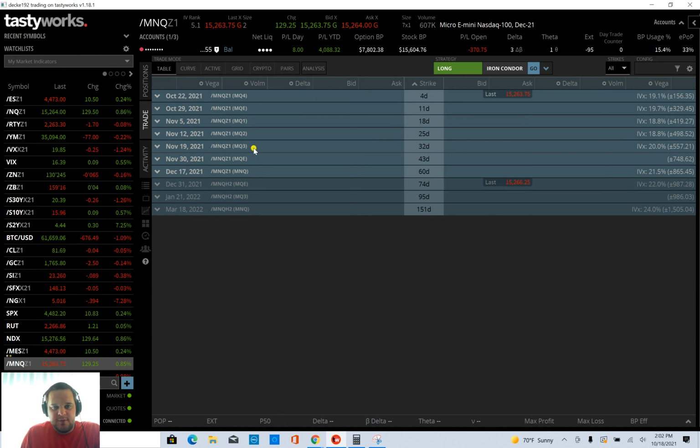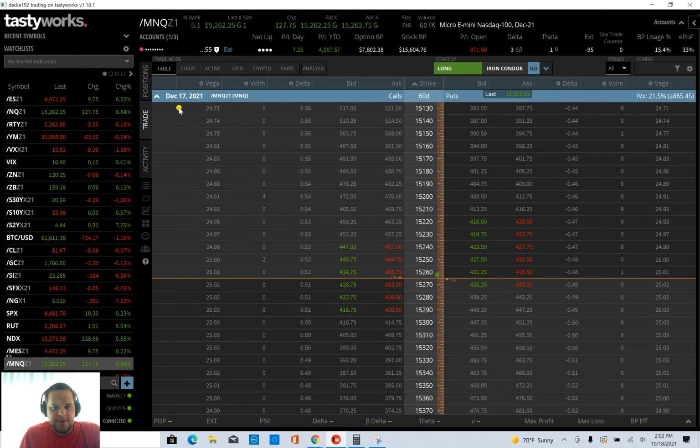So in here, it's a little bit different than stocks. If you're familiar with stocks, for the MNQ, every point, which means every dollar, the MNQ option or futures contract is worth $2. So today, a 130-point change corresponds to $260 if you were long or short one futures contract. Same thing with the option prices here. So if I go to the 60-day, which is what I'll probably end up going with,